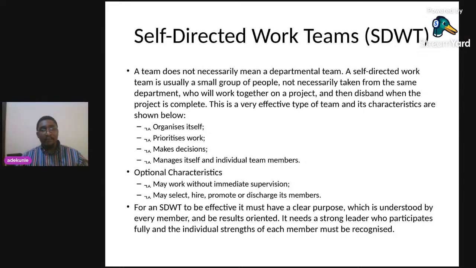So we're talking about different groups working together, and of course, because they come from different backgrounds. Now, one way to actually allow groups to work effectively together is to get a concept of what we call a self-directed work team. All right, a self-directed work team does not really mean that a department